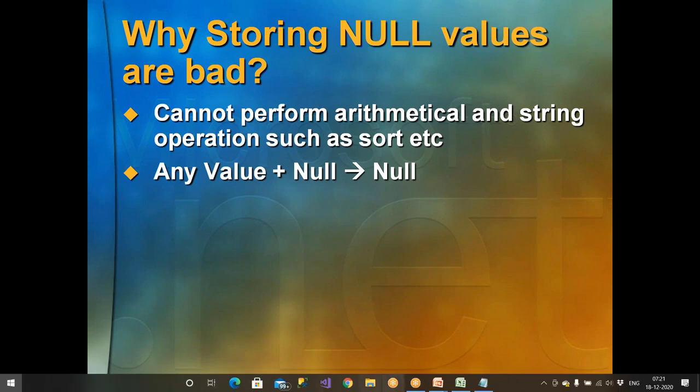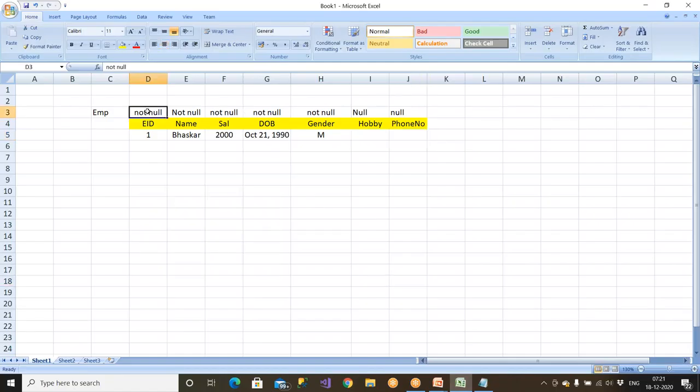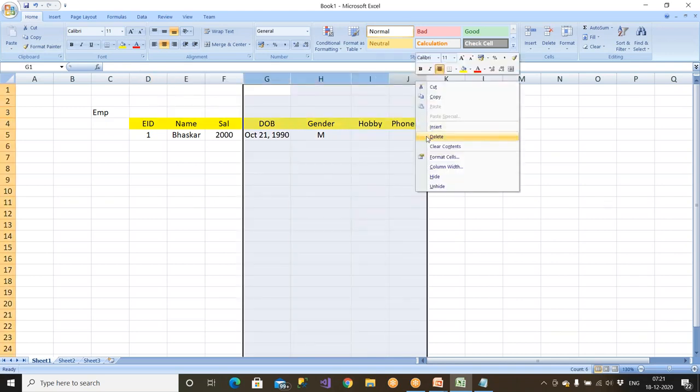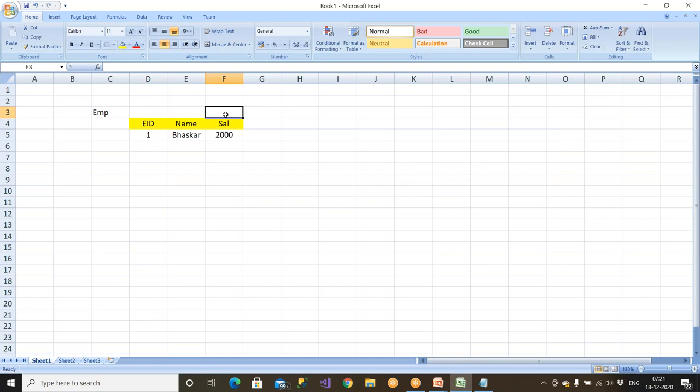Sometimes, let me take this, and let me remove all these things. Whatever be the reason, this is allowing null value. Okay. Now I have to say John's salary is null. Null means we have not provided any salary as of now. So we have, say, Umesh's salary is 3,000, like that we have. Okay, it is a blank. When you have a blank, SQL Server is going to put null.